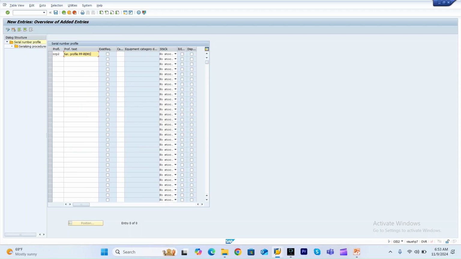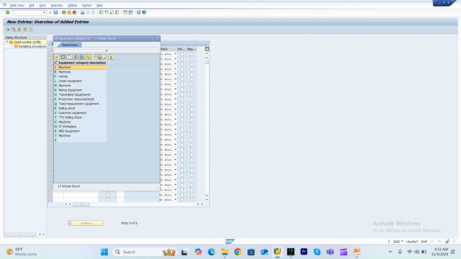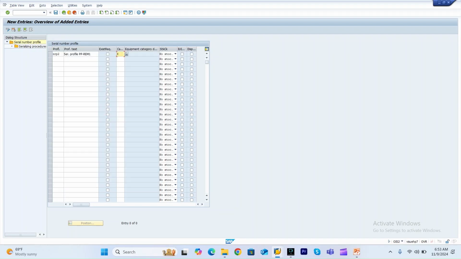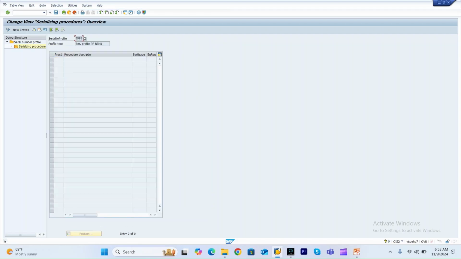And for the category, if you want to add whether machine or something, as per your business process you can add the category. If you need the equipment, you can choose the category of equipment here. Suppose I choose customer equipment. Once you have done this, you will choose the serial number procedure. In the serializing procedure, if you do a new entry,